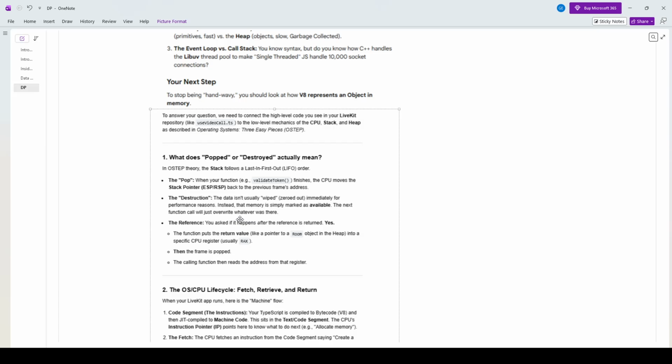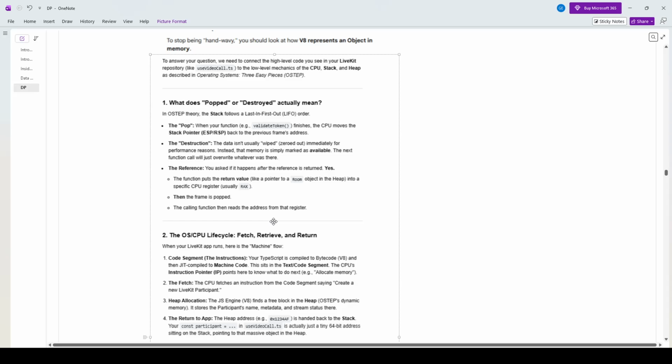So in the stack, usually you don't actually remove a variable when its value is destroyed. It's just there, waiting to be overwritten if that code has been transferred from program to a process, so that the next function call will just overwrite the value of that variable. The reference, you ask if it happens after the reference is returned. Yes, the function puts the return value